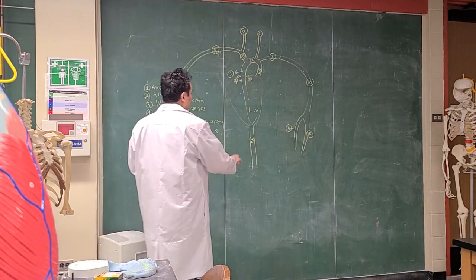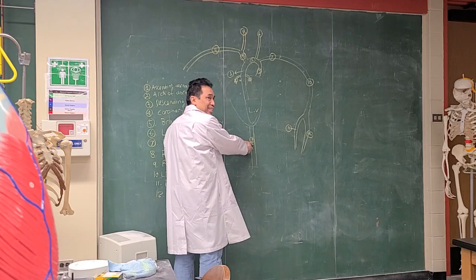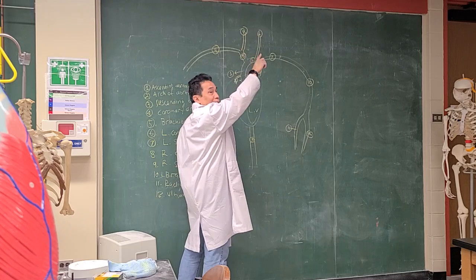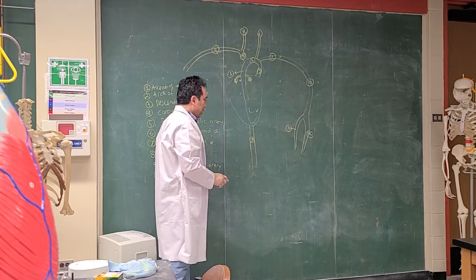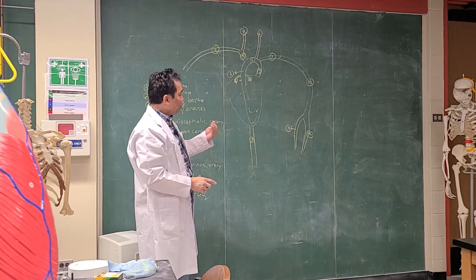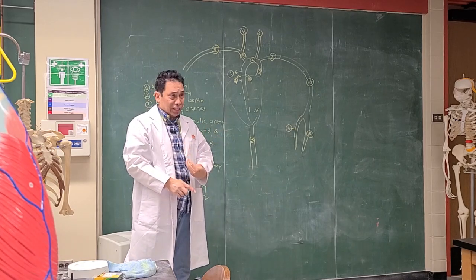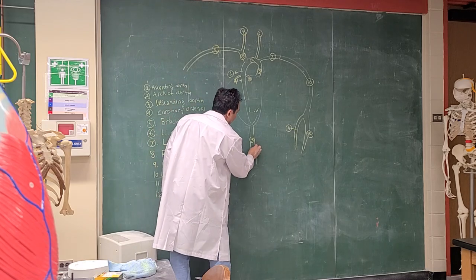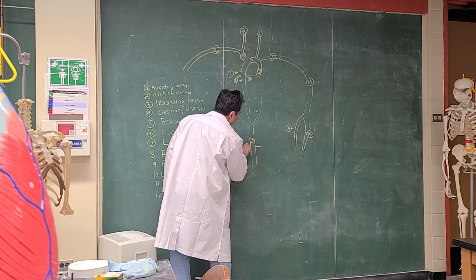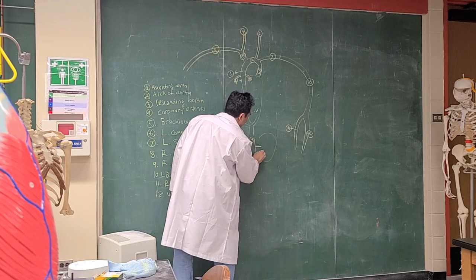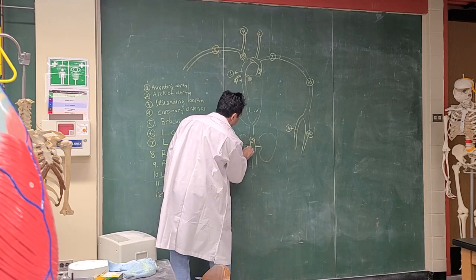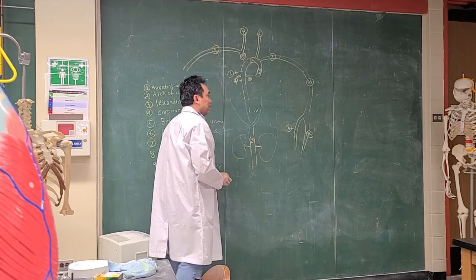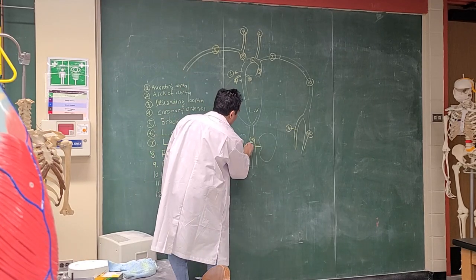Now, over here, the descending aorta. We just finished the arch of the aorta plus the branches over there. Now we're going to talk about the descending aorta. It's going to pass through our thorax and also our abdominal cavity. Let's say in the abdominal cavity, this one goes to, let's say, the kidney. If it is the kidney, we're going to put number 13 over here.